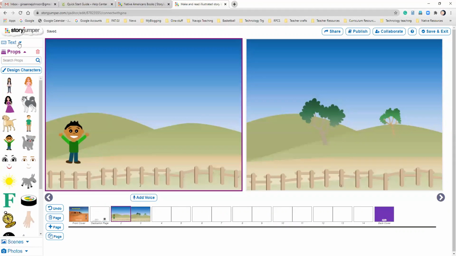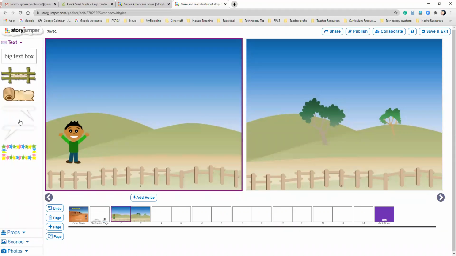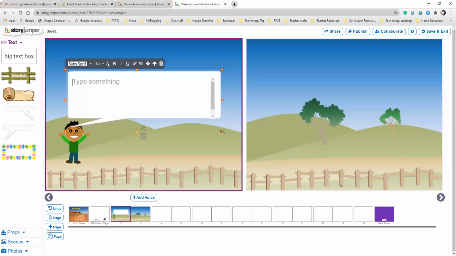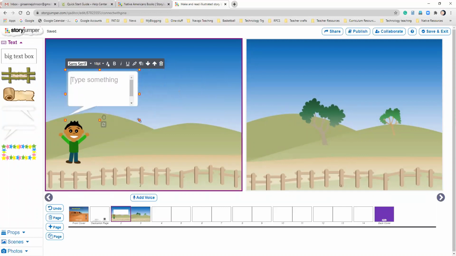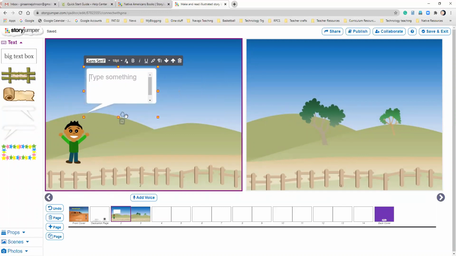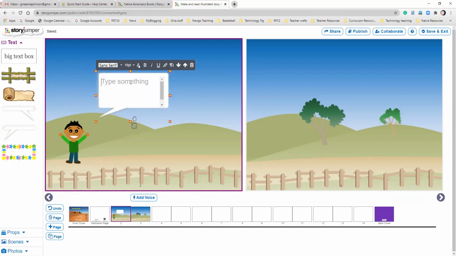This is where you can add the text. You can even make it look like this person is talking. You can change it and then move it around and say this person is talking and say something like